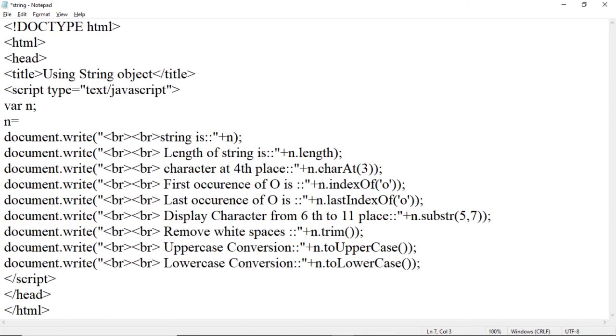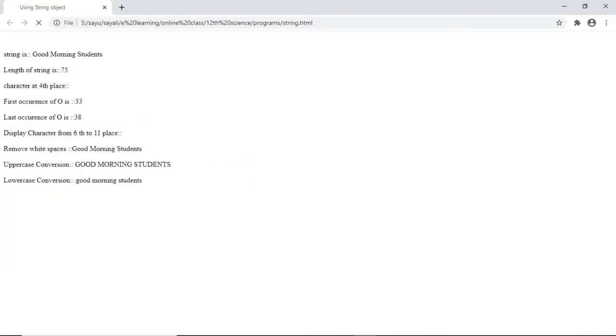So n is equal to prompt, in brackets "enter string", and semicolon. Now the user will enter a value for variable n. So save this program and again refresh the page.